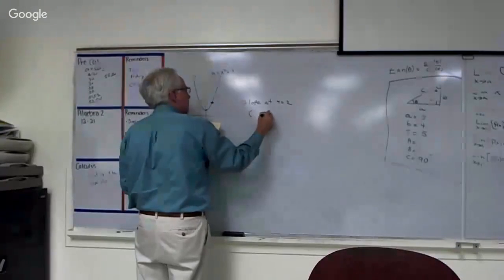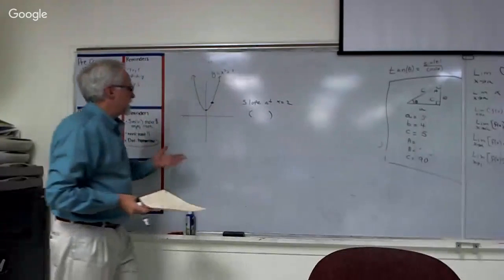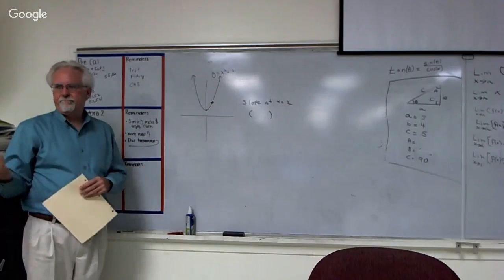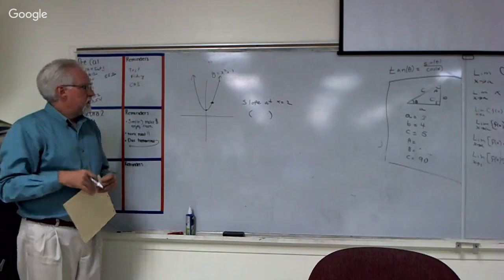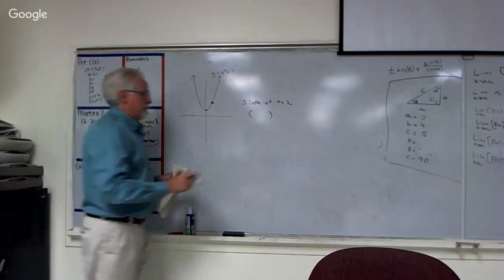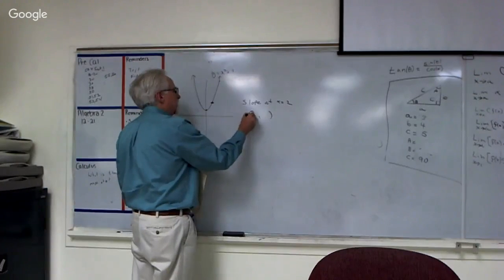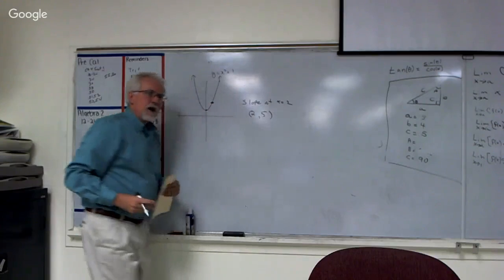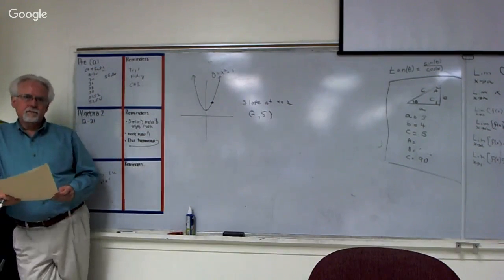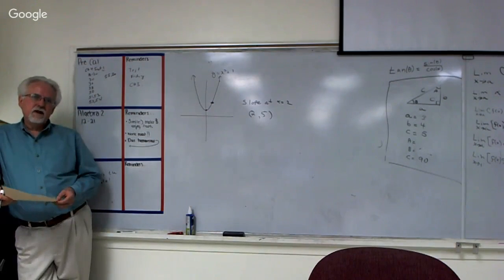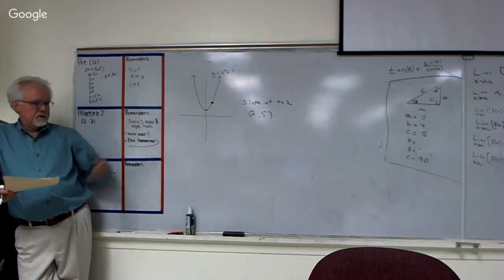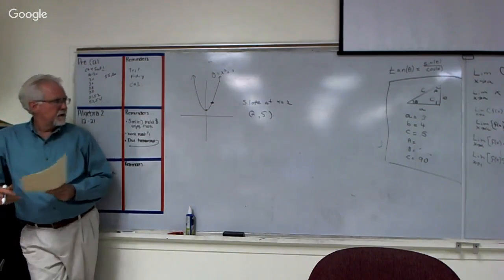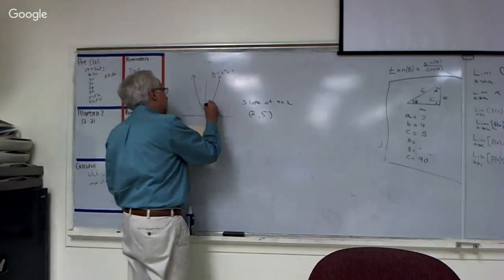What's the first thing I could do? If I say the slope at x equals 2, I should probably go ahead and make up what? A point. A point for where I'm at, right? And so that would be the point 2, what? 5. Do I have to give you the y value? No. Do you panic because I didn't give you the y value? No, you figured it out because you know the equation. Okay? So if this is the point,